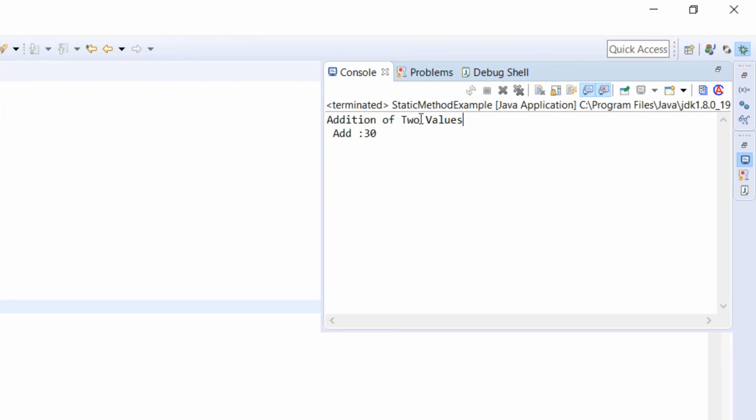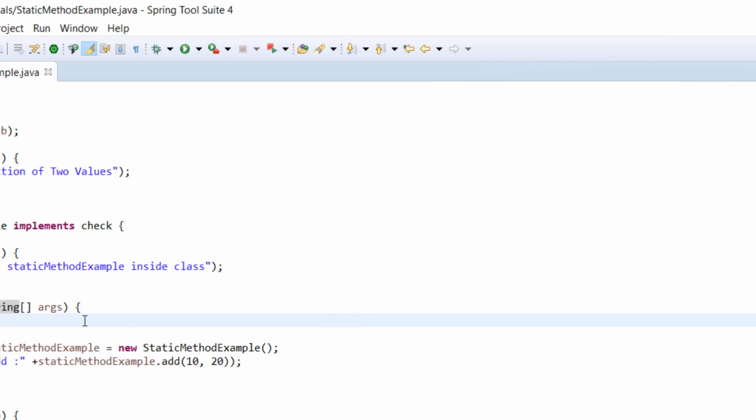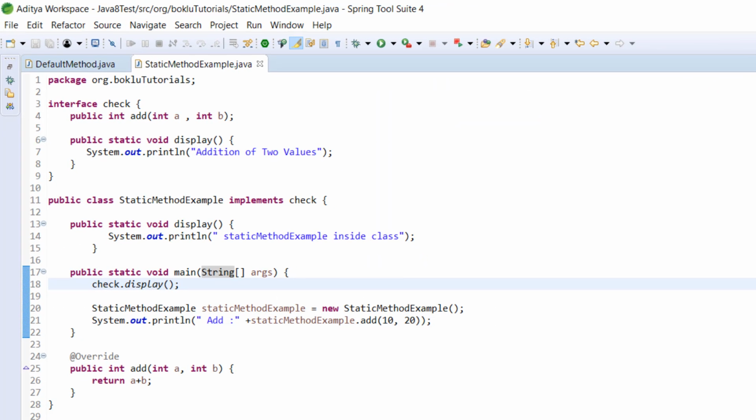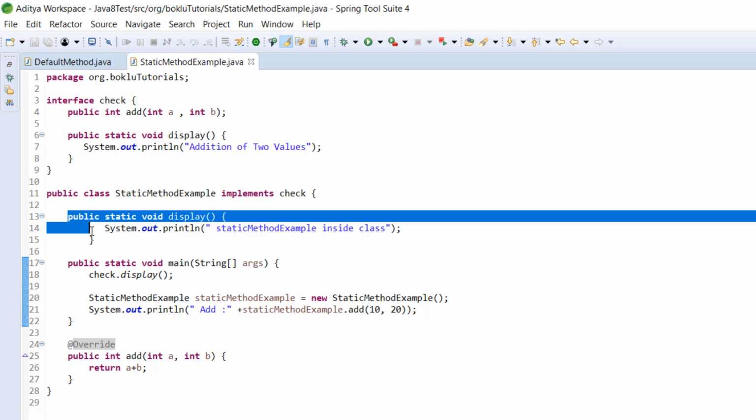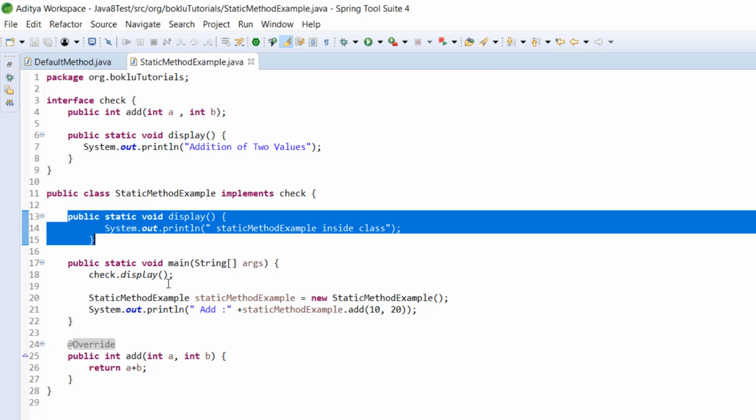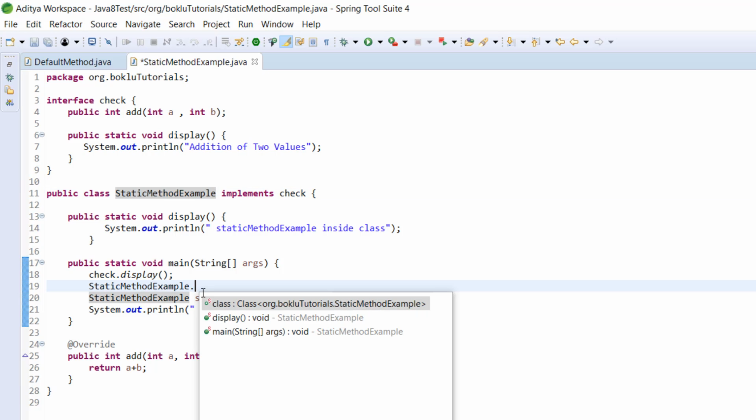The answer is again addition of two values, because the only way to call a static method inside an interface is with the help of the interface name dot method name. And if any static method is implemented inside an interface, that means we can't override that static method. If we want to call the class method, then we are going to use the static method example dot method name.